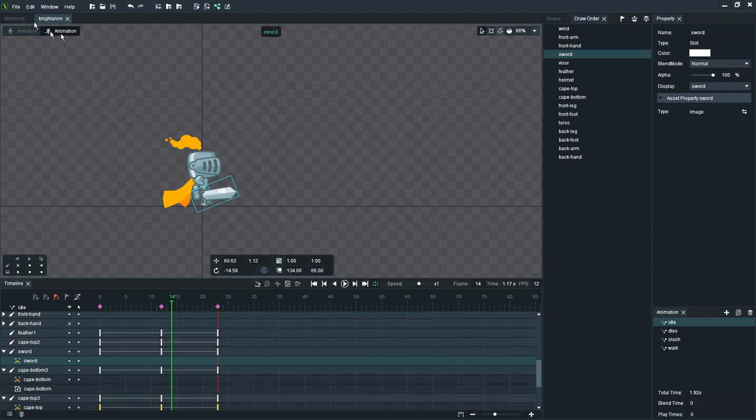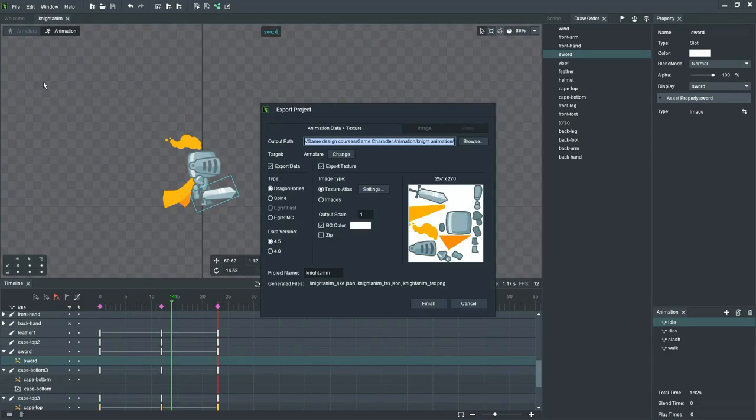It's quite easy. You go to File, Export. Who would doubt, yeah? Now you have a few settings. You can export animation data and texture. Animation data is exported in